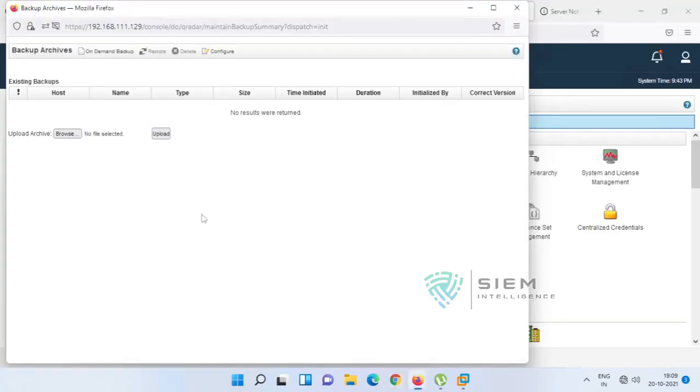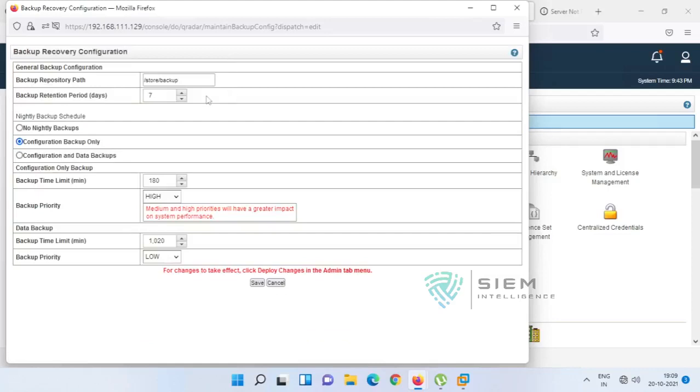So when you are going for backup, I'll show you here. By default you can configure backup. You can store, by default the path is to store backup, the location, and you can keep this retention period. This is a general backup. You can keep it for 7 days, 7 months, 7 years, that is up to you if you are capable enough.